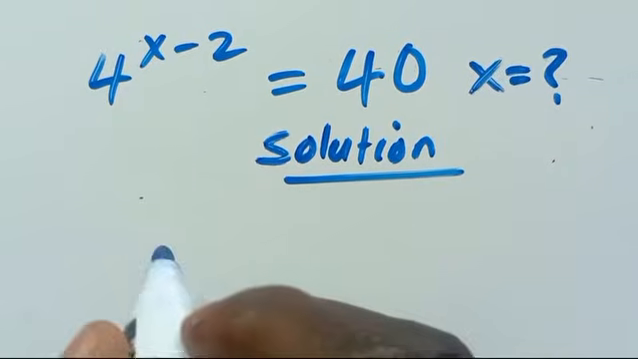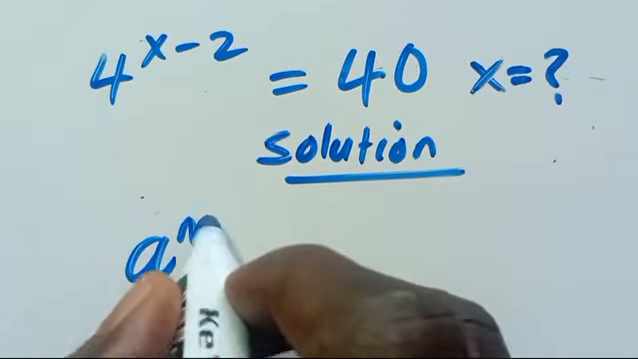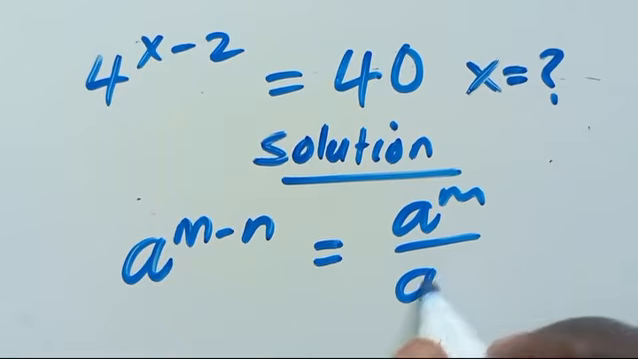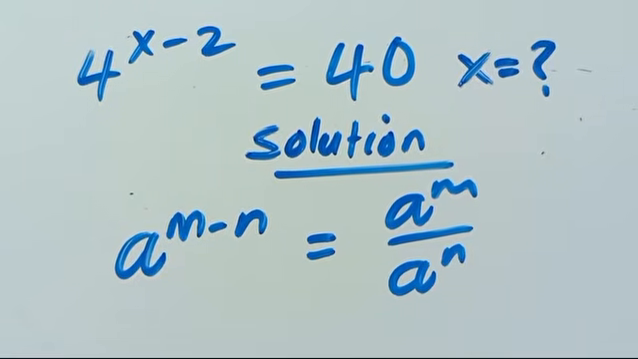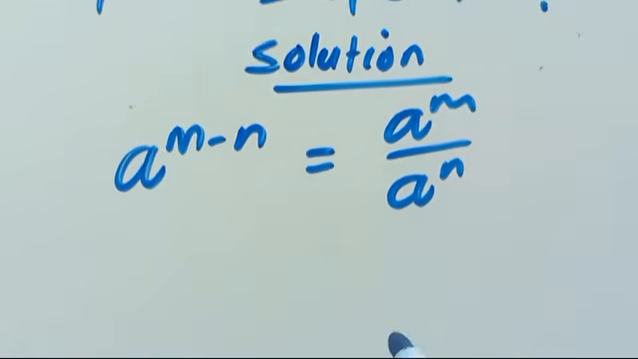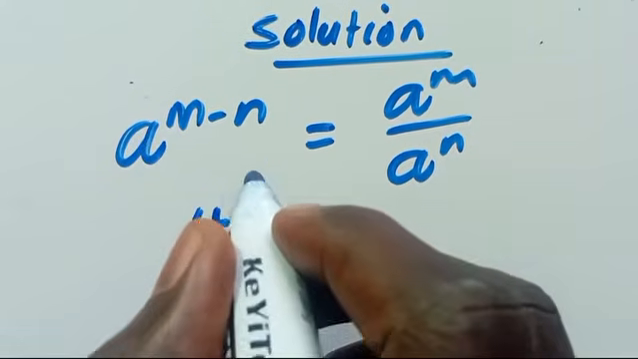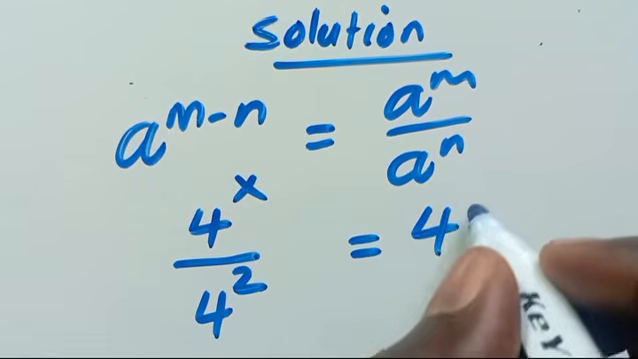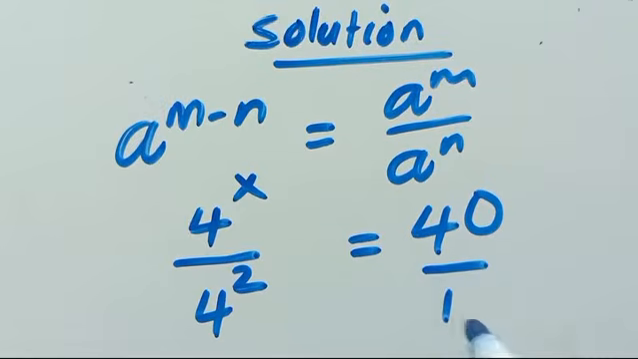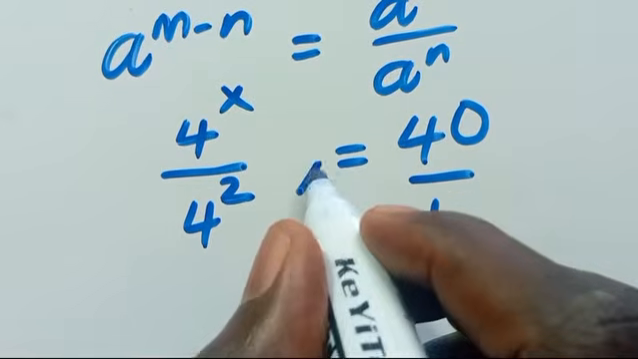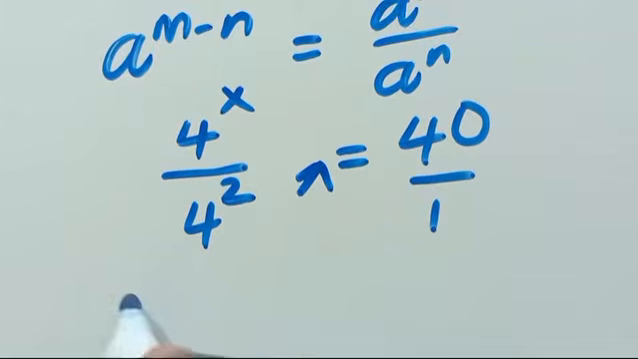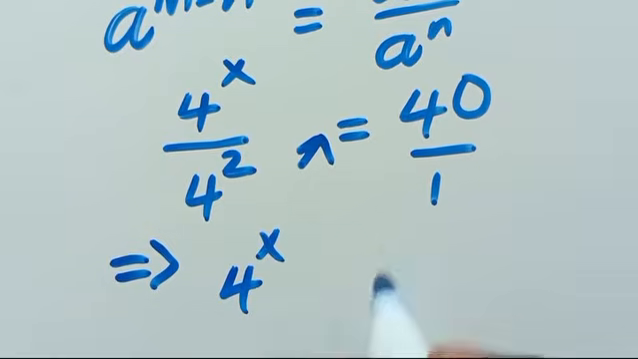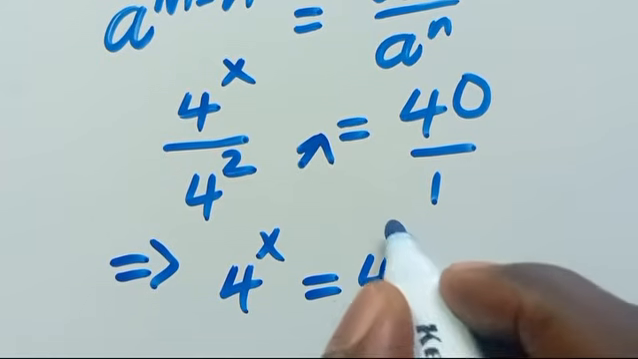From here we have to recall that a to the power of m minus n equals a to the power of m over a to the power of n, from the law of indices. Applying it to this side, we have 4 to the power of x over 4 to the power of 2 equals 40. When we cross multiply, we have 4 to the power of x equals 4 to the power of 2